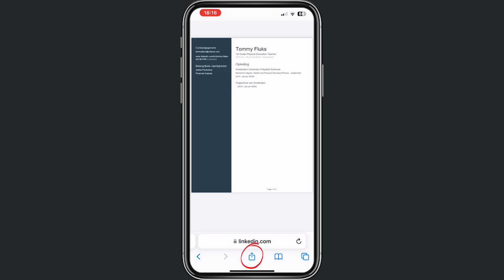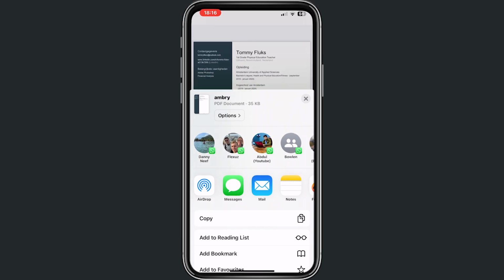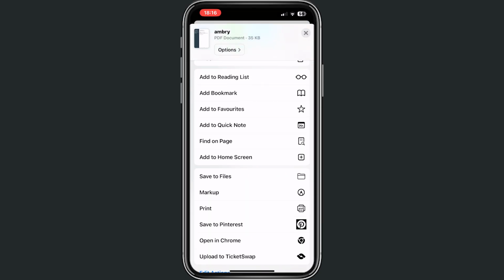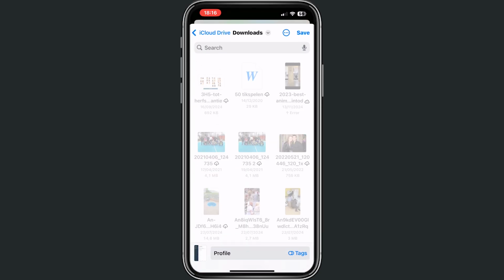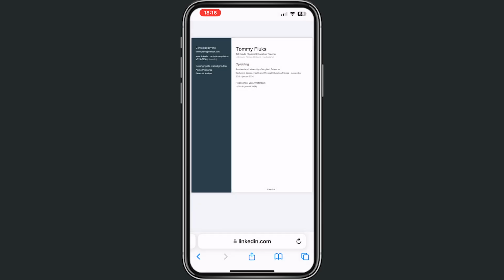And from now, if you click on this icon just right here, scroll down, and we do Save to Files, we can save our PDF as a file just right here, and now you have your own profile as a PDF. Alright, this is exactly how this works,